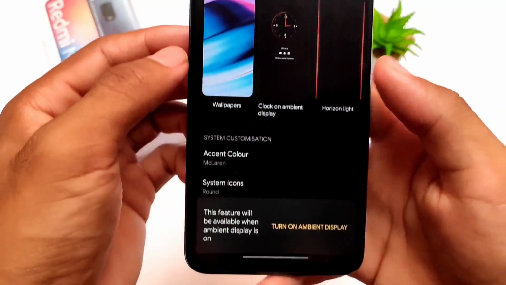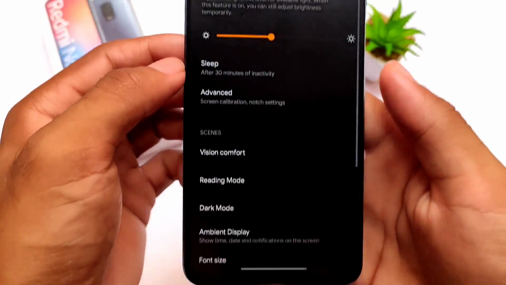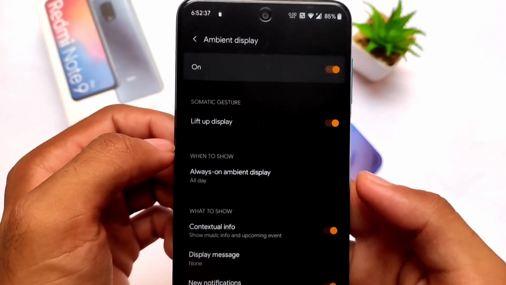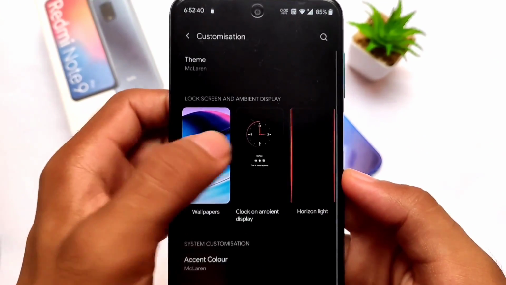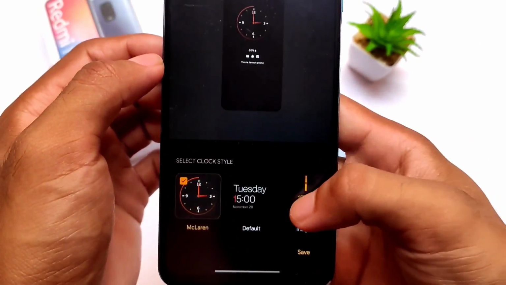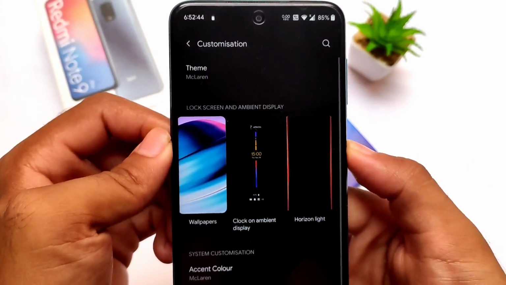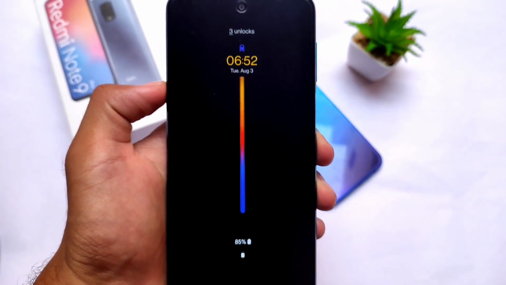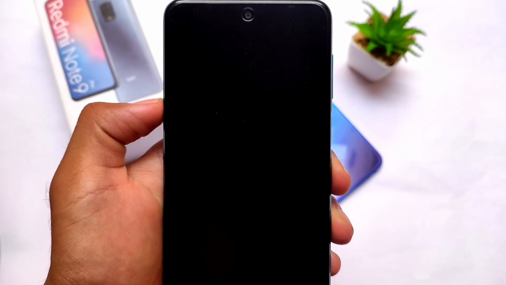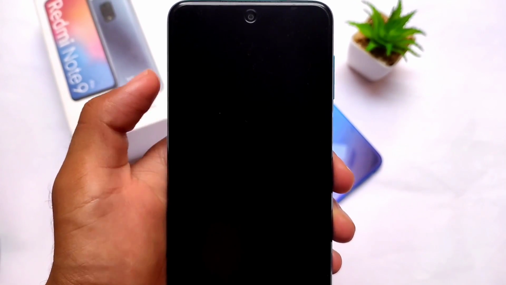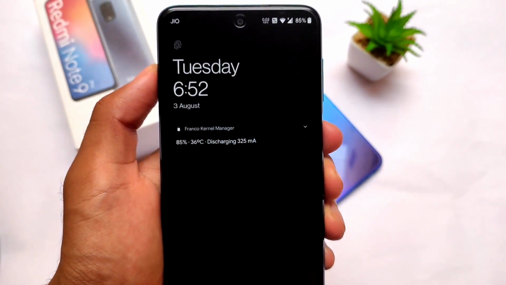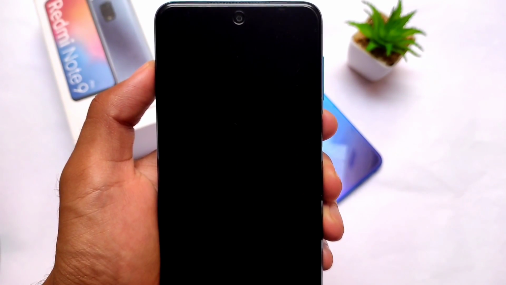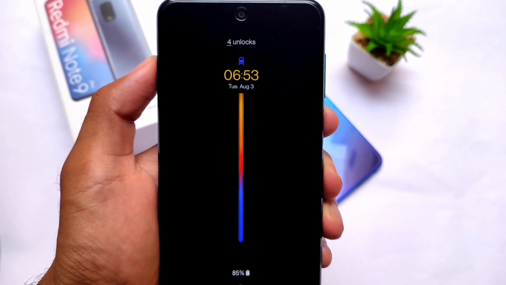If you use the ambient display, let me just turn on the ambient display and show you how the ambient display is going on with this. Let me just enable it. Always on ambient display is all day. So let me just enable this clock here by going into this one. This Insight one looks quite interesting, dope, like this, and this is how it's looking. At first it was giving me some issues, it just turned off, but after enabling for 2 or 3 minutes and after checking it out, it was working quite good. Let me just show you how it is looking. For example, now it will show you like this and it will not go off.